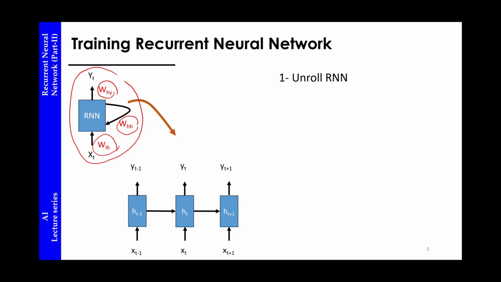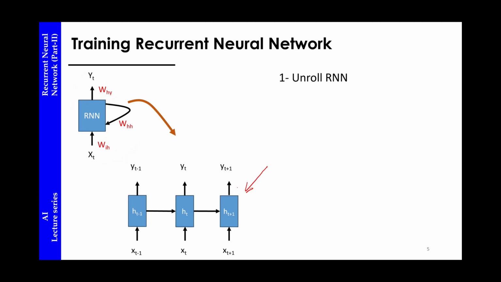WIH connects the input to the hidden state, WHH connects the hidden states together, and WHY connects the hidden state to the output. If we unroll the closed form of the recurrent neural network, we get something like what we have here. Okay, after unrolling,